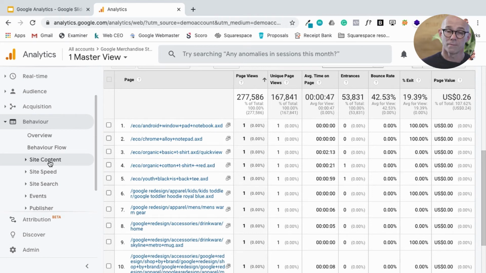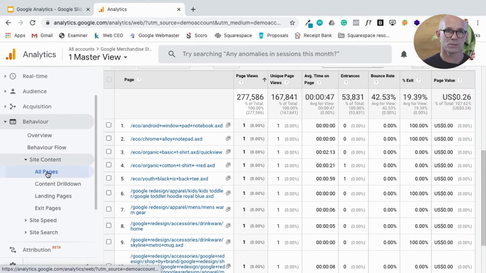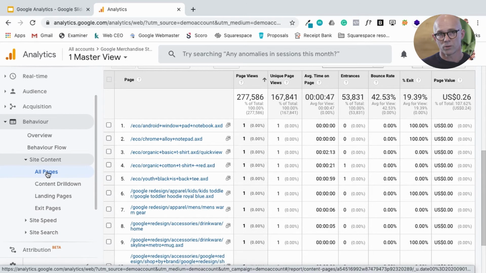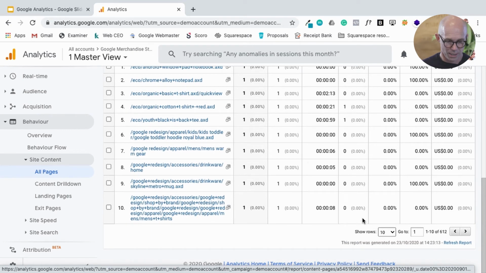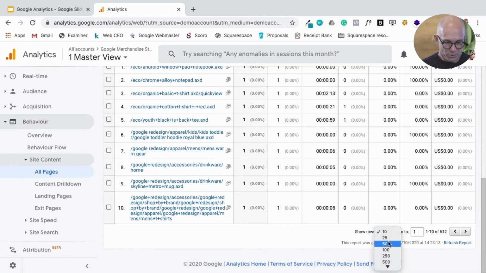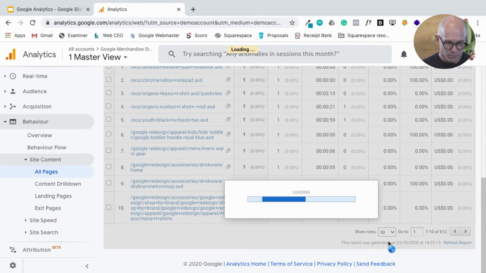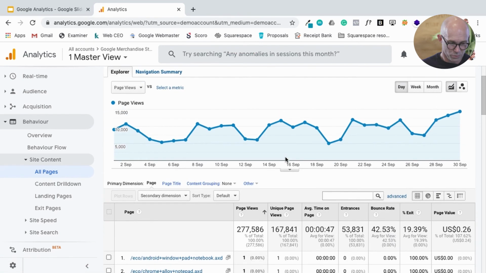And for us, again, if this is important content to us, then we've got a problem. There's some barrier to people getting to those pages. So yeah, we've got to look at how do we get people to those pages. It might mean that we've got to promote them up in our navigation system. It might mean on some of our popular pages that we put some very obvious links to get to those pages. So we'll just swap that back to page views, and I'll click it once again, and it defaults to